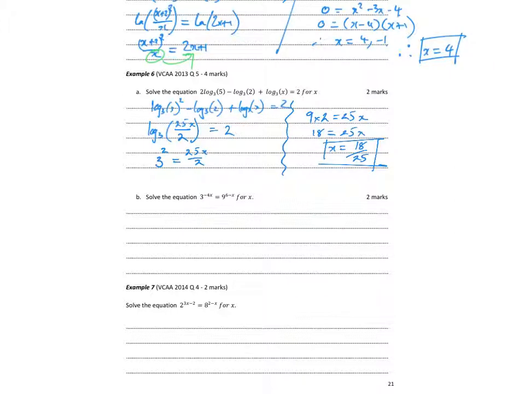Solve the equation. So there's my exponentials, I think. So let's have a look. So what have we got here? 3 to the minus 4x is equal to 3 squared to the power of 6 minus x, which say 3 to the minus 4x is equal to